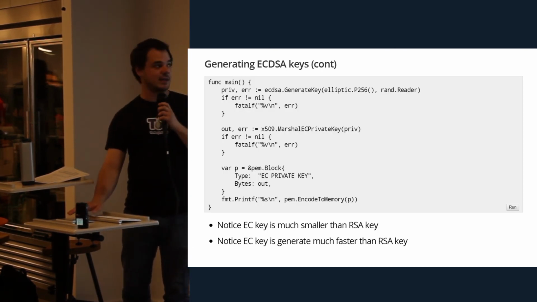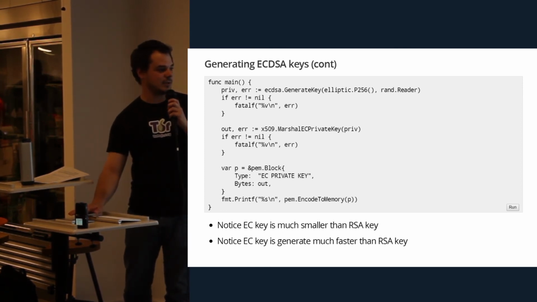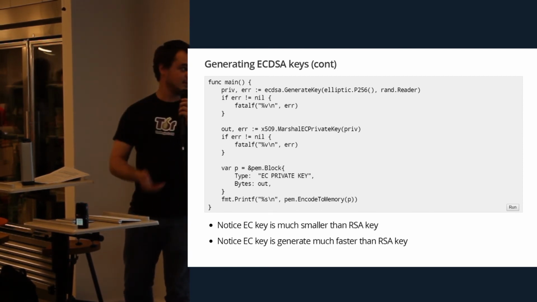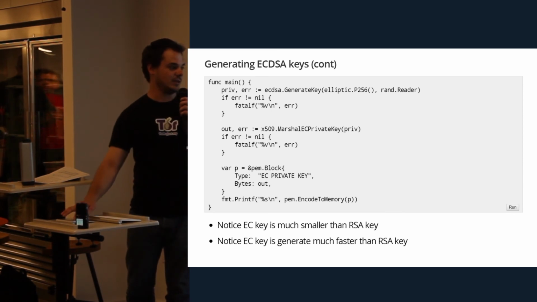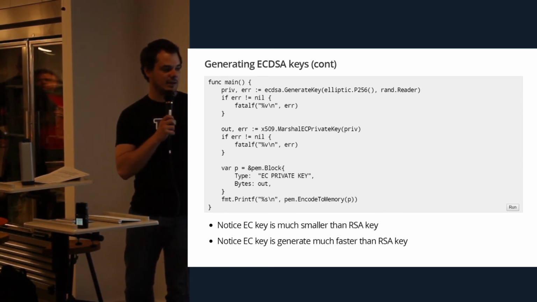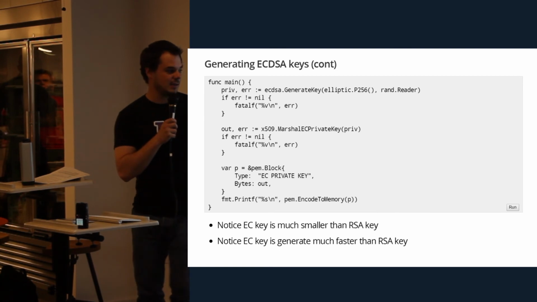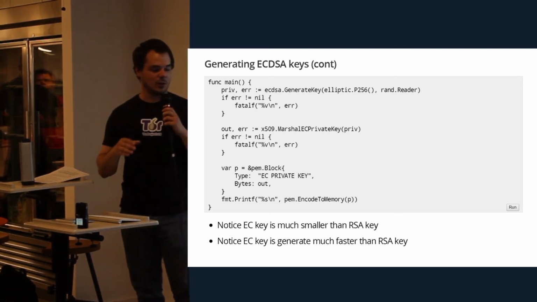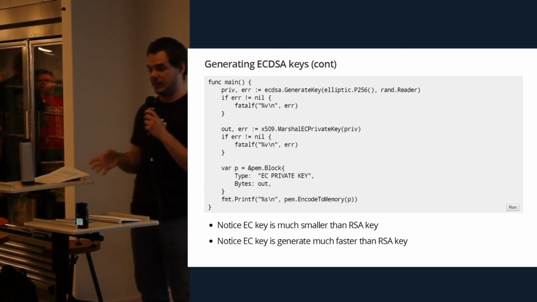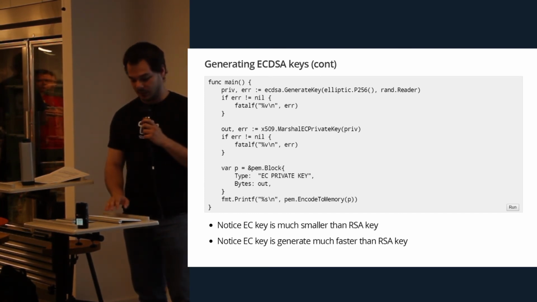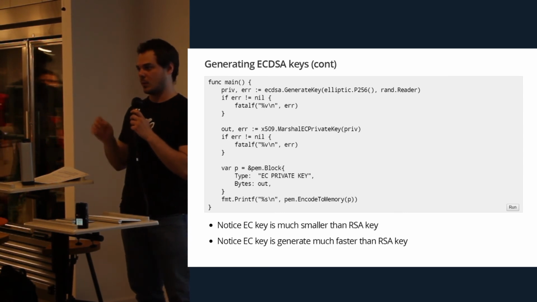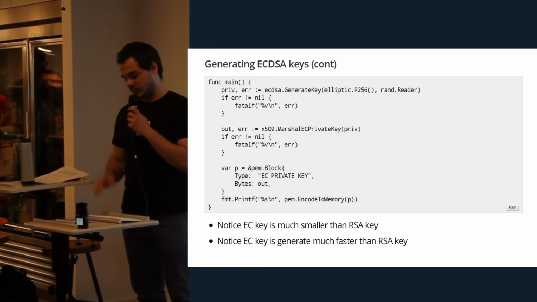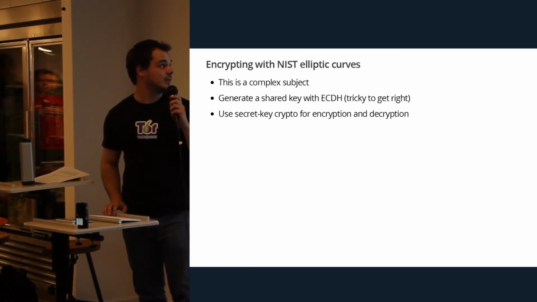And then you generate them the same way as you do with RSA. I think we can actually run this one. It won't take too long. Yes, they're really fast, a lot faster than RSA. If we had seen the RSA key, it would be down to here, so they take up a lot more space. They're bigger keys. So if space is a concern or you really need the speed, then you're going to go with elliptic curves. But again, we don't understand the security properties of them quite like we do with RSA, so you have to balance that out.